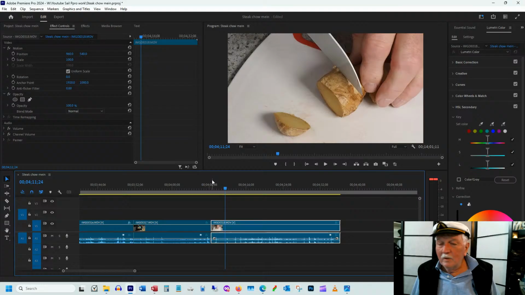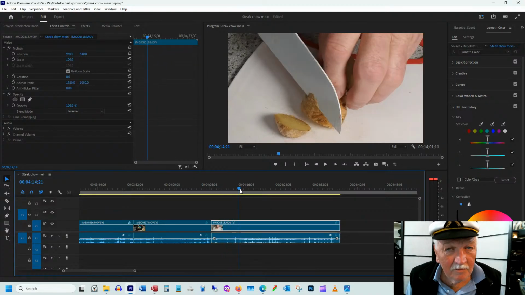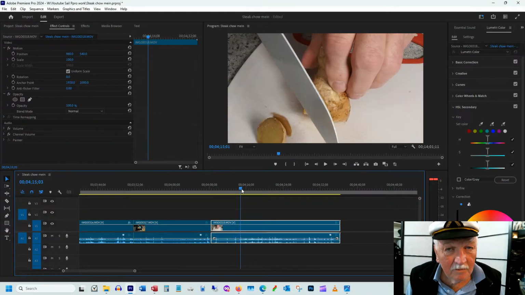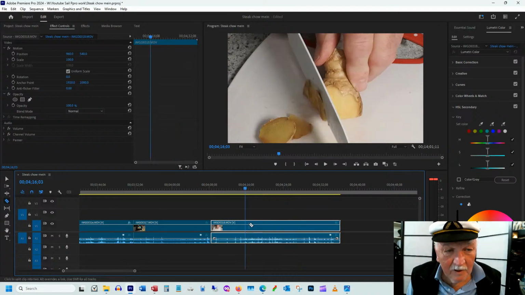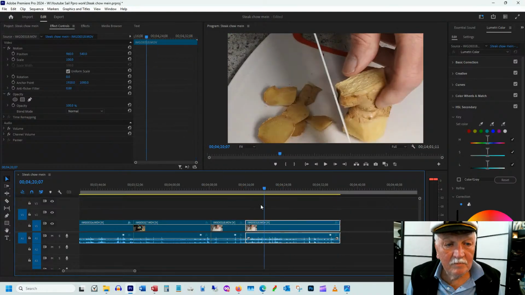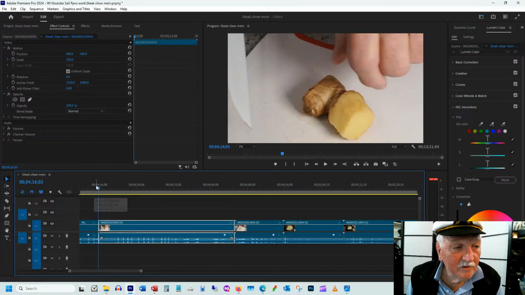Better than ginger powder, ground ginger. And I love the taste. So we're going to peel off the outside, but we don't really need 10 seconds of peeling. How much peeling do we need? That's enough peeling. And then we're going to mince this